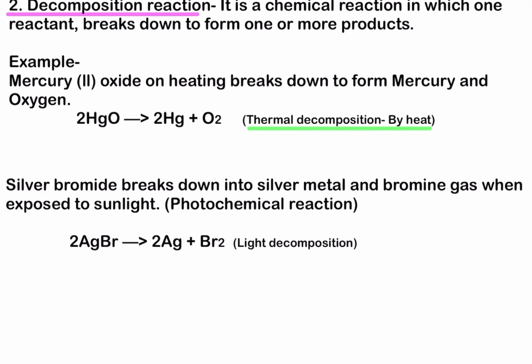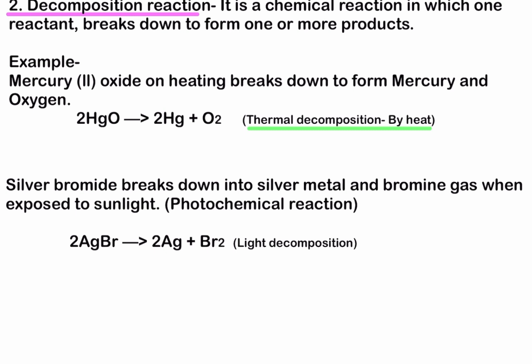Next comes the decomposition reaction. It is a chemical reaction in which one reactant breaks down to form one or more products. Example: mercury(II) oxide, when we heat it, breaks down to form mercury and oxygen. So 2HgO will give you 2Hg plus O2, and we heat it, therefore we also call it thermal decomposition,